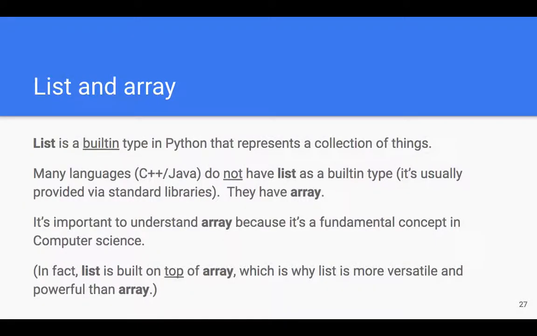Okay, so we've learned this, we studied this a lot, so we know list is a built-in type, and it represents a collection of things. I think I said this when we talked about list: for those of you who know other languages such as C++ and Java, they do not have list as a built-in type. Now they do have list as a type, but it's usually provided through some sort of standard library. Now what they have in place of list